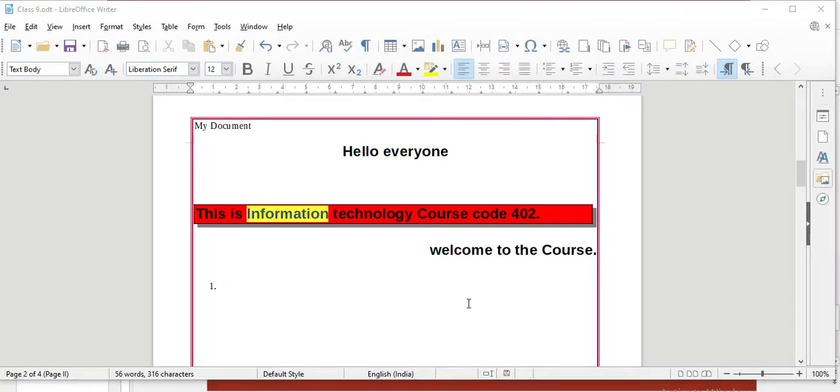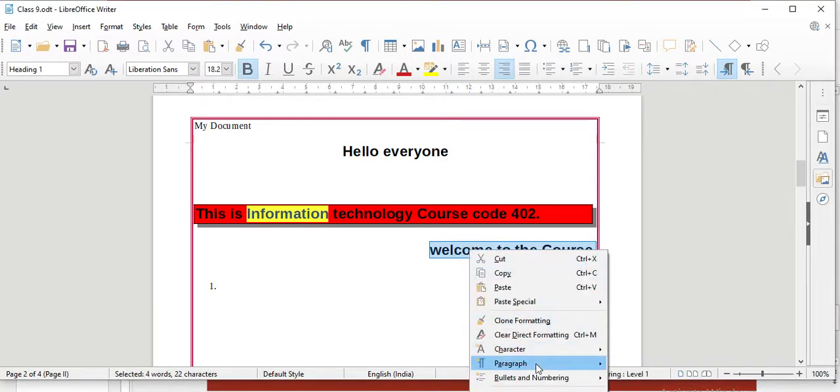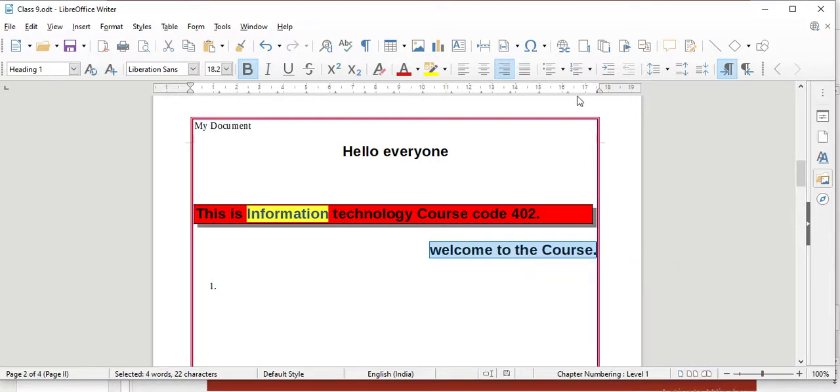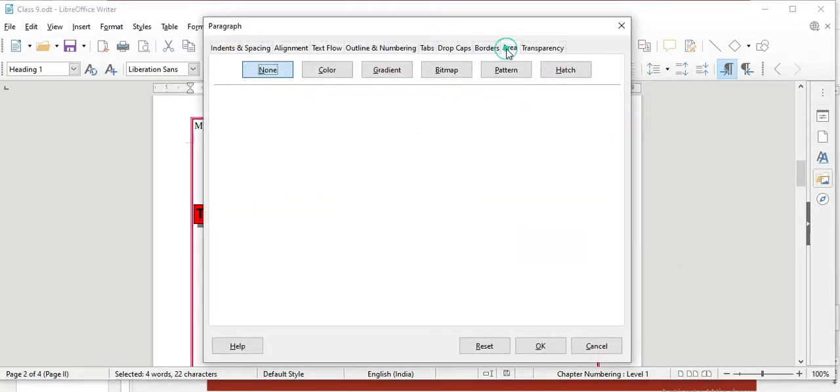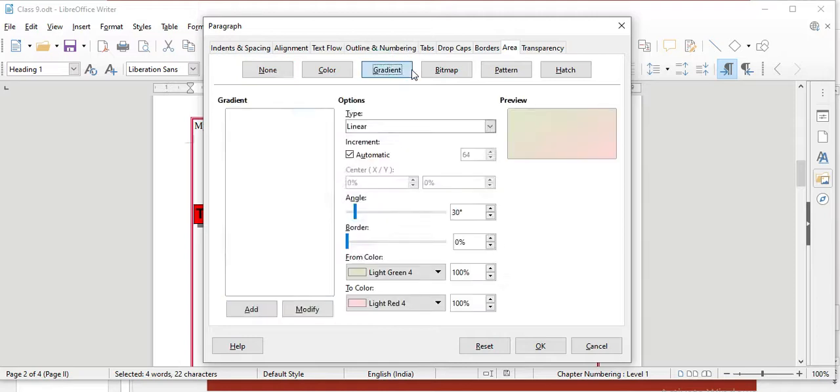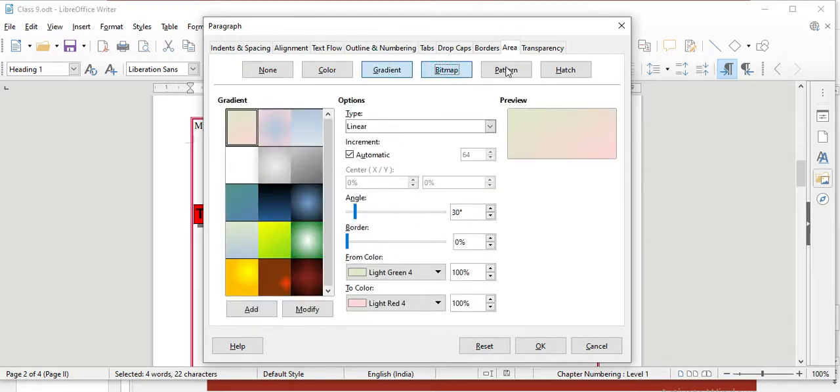The color, gradient, bitmap, pattern, hatch can be added in the same way by adding the respective buttons in the dialog. In this area, when you are going here, you can select, you can add bitmap, pattern if you want to have, just by clicking on the area.